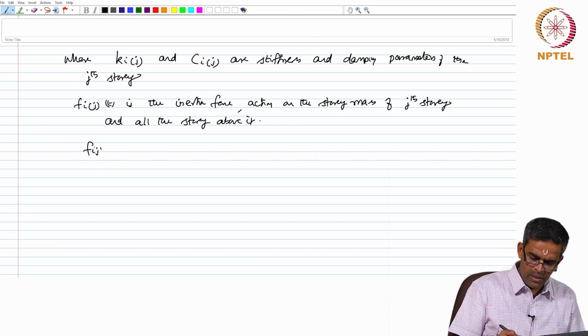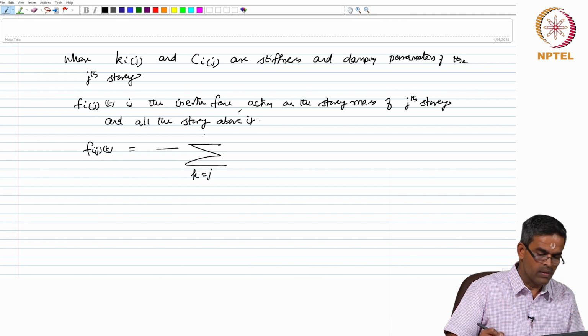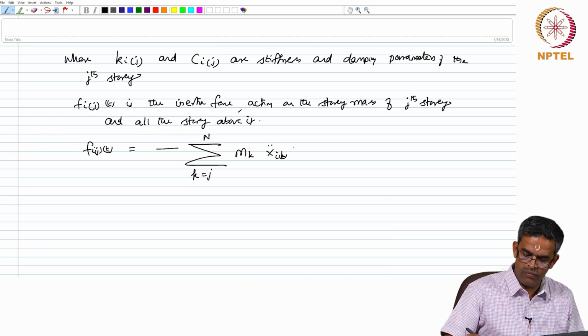F_ij(t) is given by summation k equals j to n m_k x double dot_ik(t),